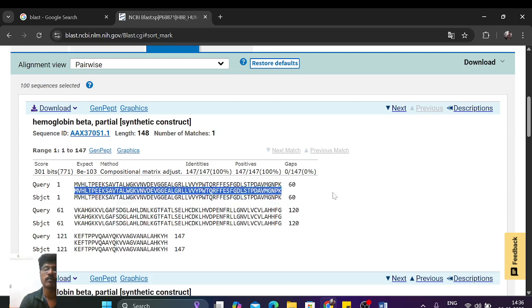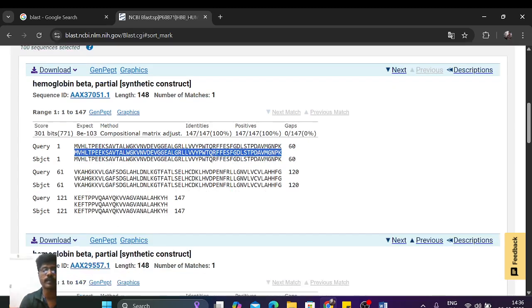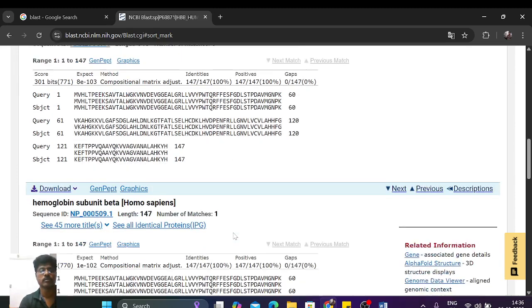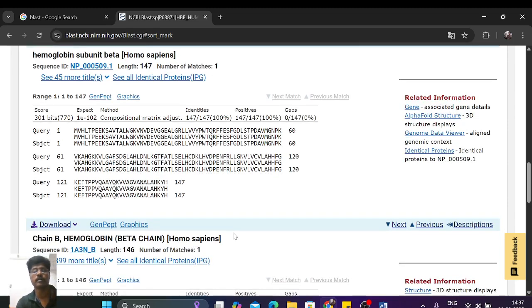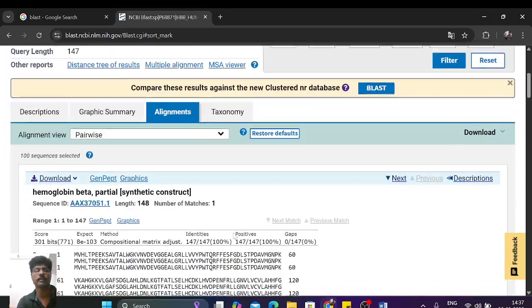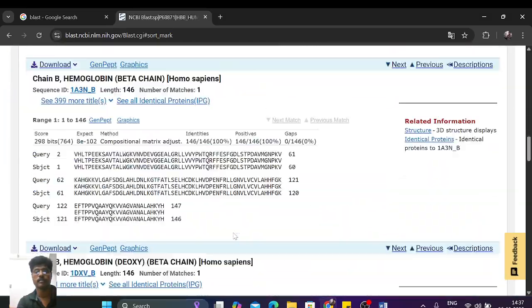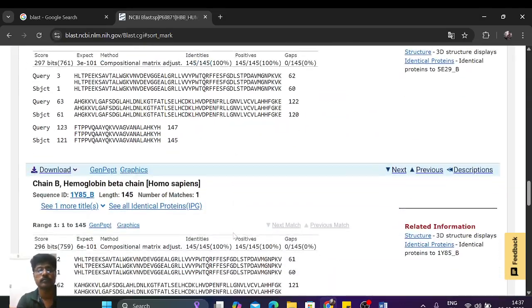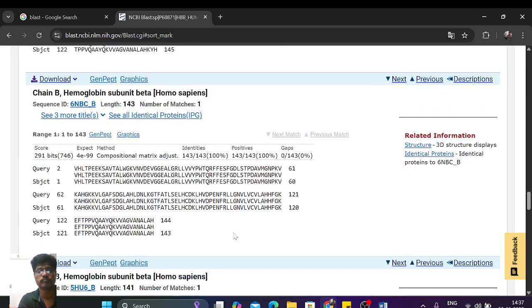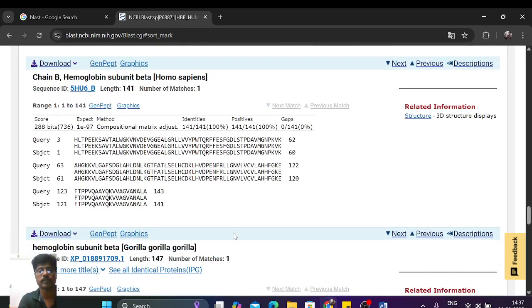Sometimes you can find any space or any other symbols or different amino acids in that. These are all single letter codes, right? I hope you know that single letter amino acid code. So you can see that and find if there is any gap or anything. So you can make a snapshot of this sequence result and discuss it. So I can show you any other. Hope there is no gap